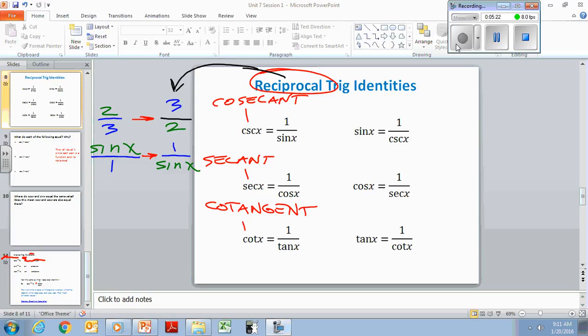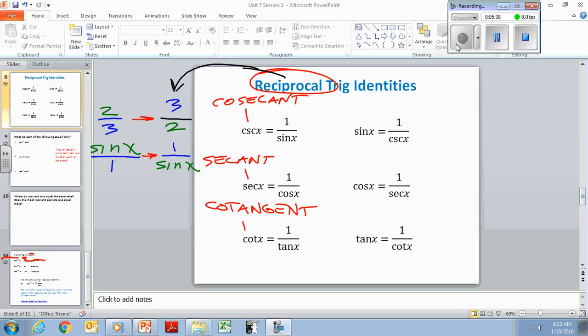C and C, S and S. No, they do the reverse with the reciprocal. In other words, the co goes with sine, and the C goes with cosine. They're like, look, we're confused to begin with, and we don't know what you're talking about. So here it comes. The reciprocal of sine has a name.